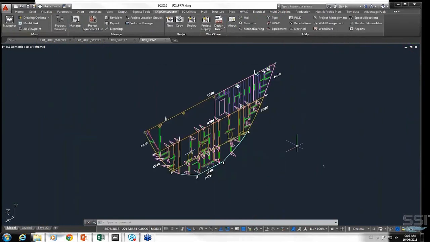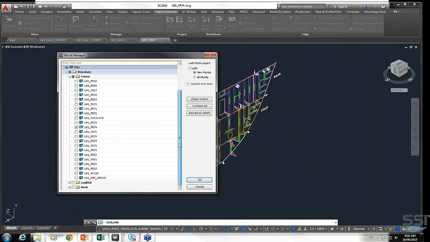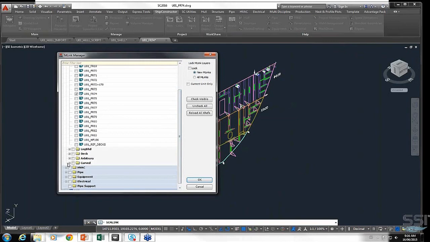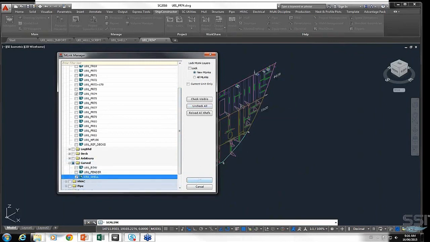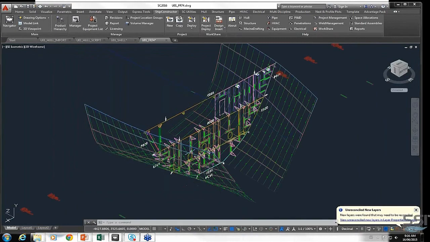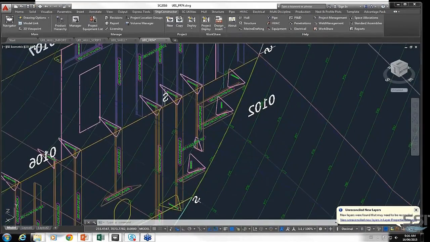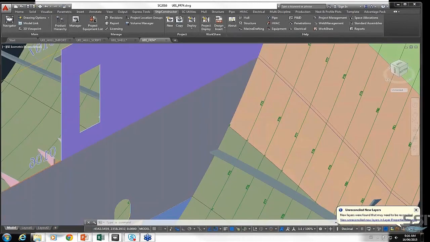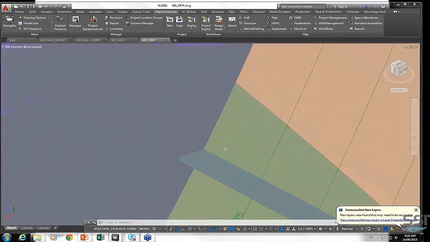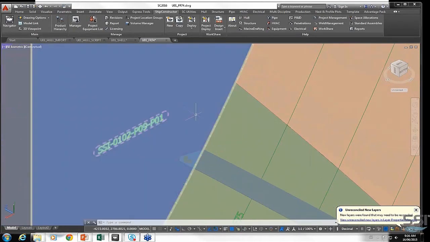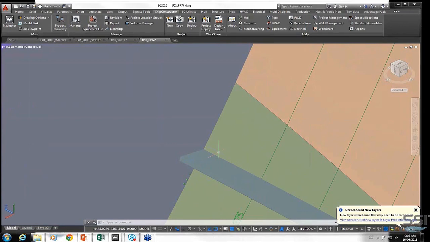All right, so here's our frame. And what we want to do is we're going to M-link in that shell that we have that contains the twisted stiffener, and zoom in on it, and so you can see how it obviously intersects this plate part,